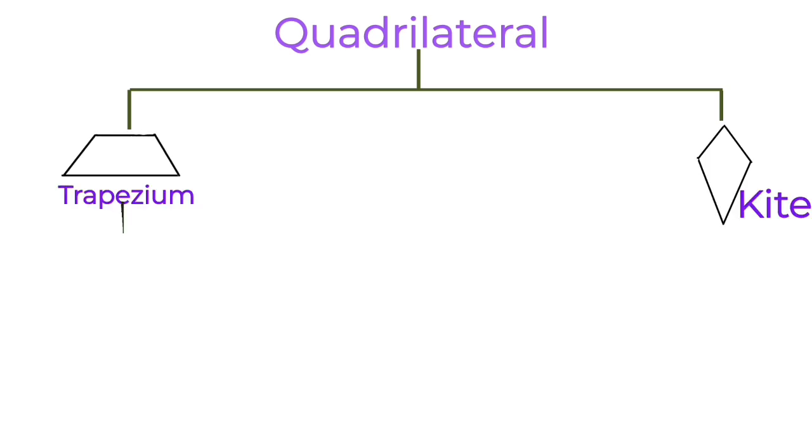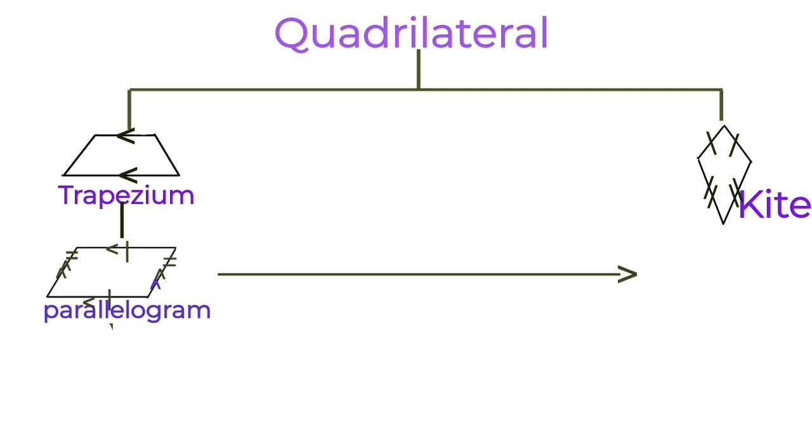See the types of quadrilateral. First is trapezium. One pair of opposite sides is parallel. Second is kite. Two pairs of adjacent sides are equal. But here it is not a parallelogram. Trapezium is also not a parallelogram. Third is parallelogram, whose two pairs of opposite sides are parallel and equal. Opposite angles are equal. Diagonals bisect each other. Diagonals can be different length.